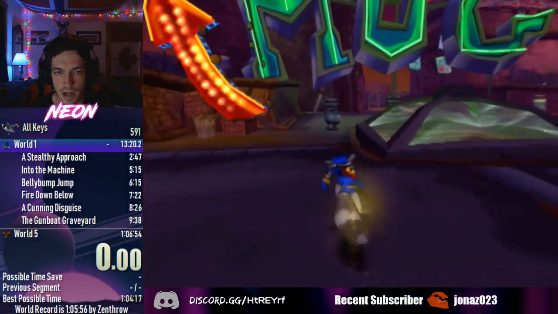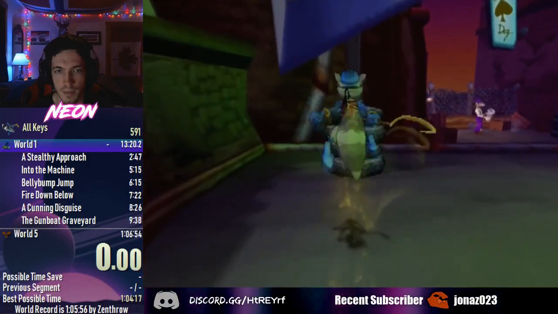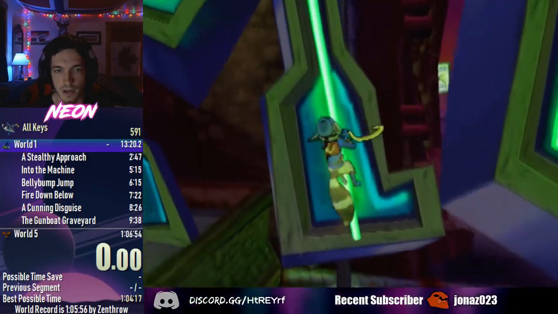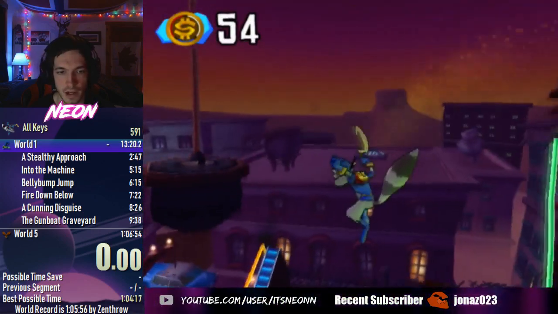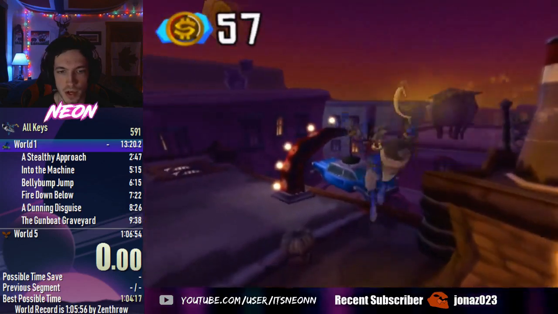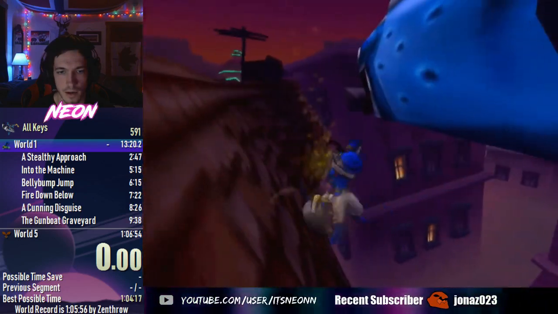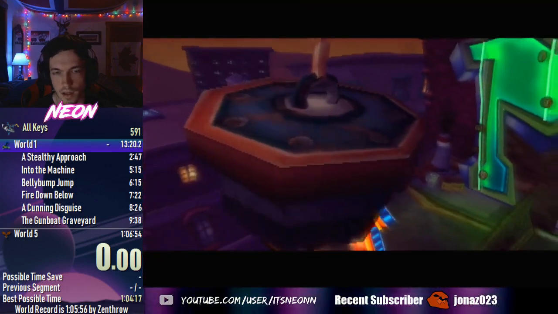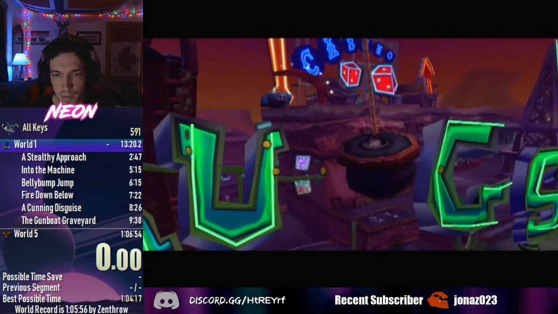So the super jump strat kind of goes a little bit like this. You'll jump on these tires, you'll climb this pole all the way to the top, and then you'll jump off and you'll do a super jump train over here to this car. And if you do it right, you'll hit the wrecking ball trigger,